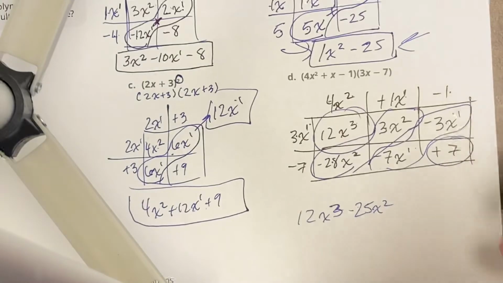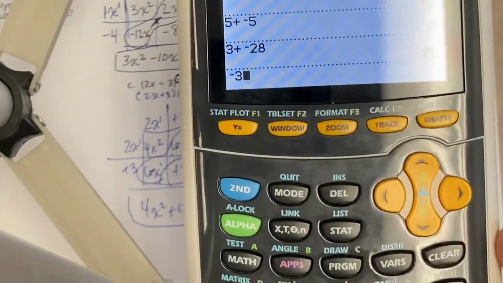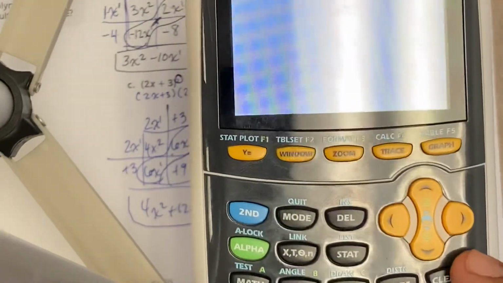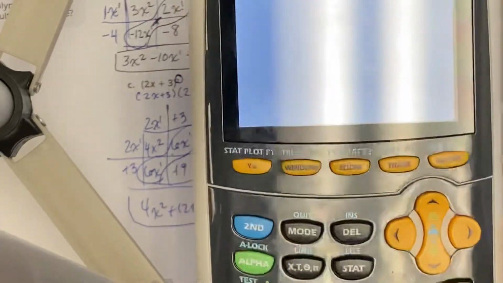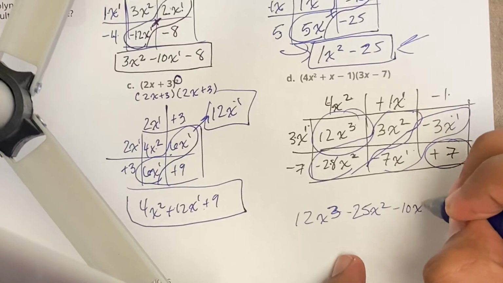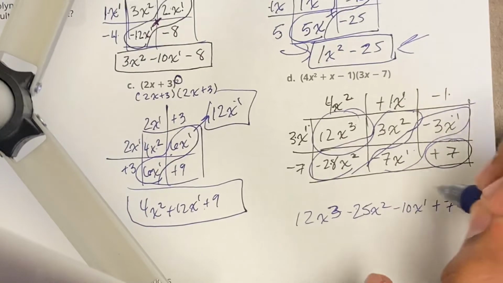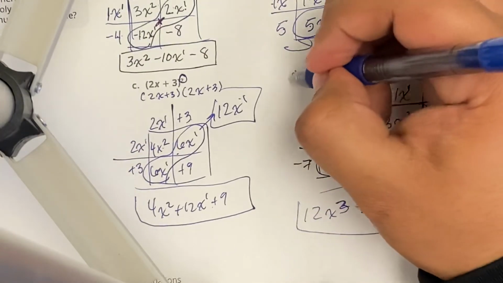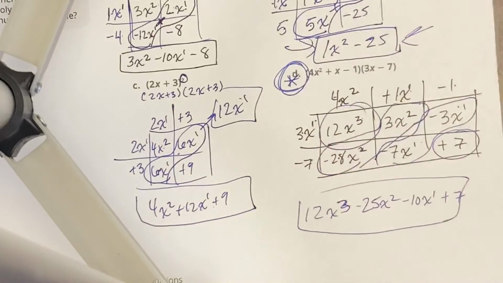Next, negative 3 plus negative 7, negative 10. And then my final 7. Put a star next to D because that's going to come up for sure. Okay. Dang, a lot of